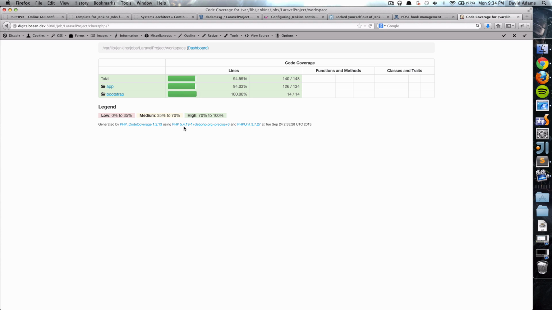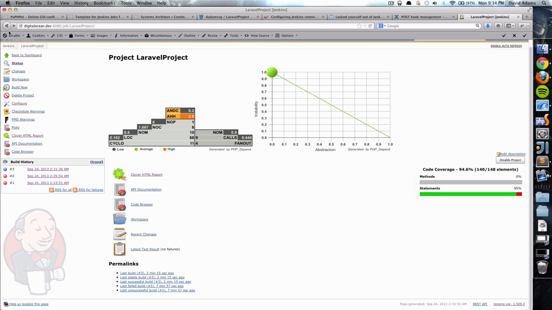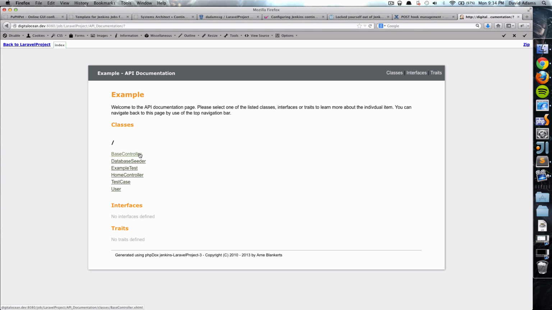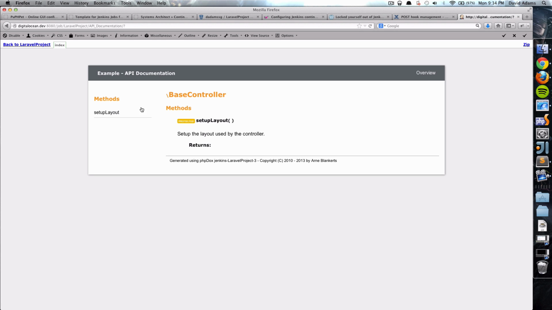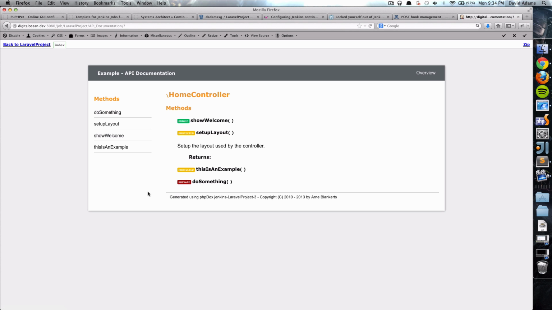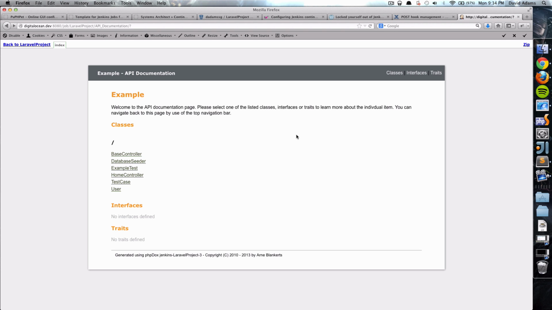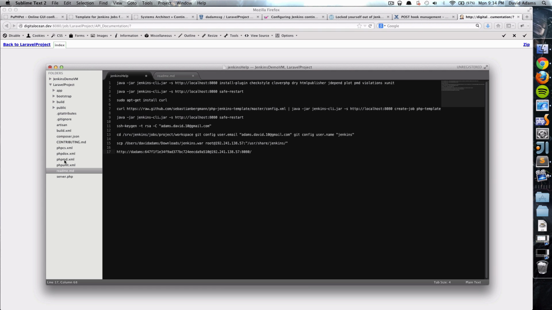I think this measures your unit tests, and then this is the link I was talking about that we fixed in our build. If you clicked on this link before we fixed it, it would lead to a 404, but now you can see we have our API documentation, and these are just methods I put in there to test the API generation, which is pretty sweet. And that was done for us automatically because we specified that in our